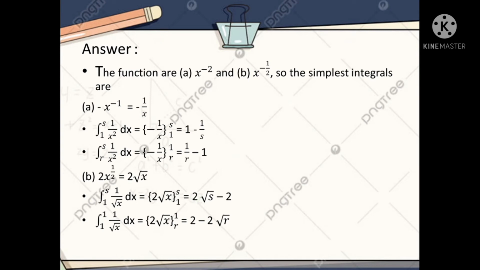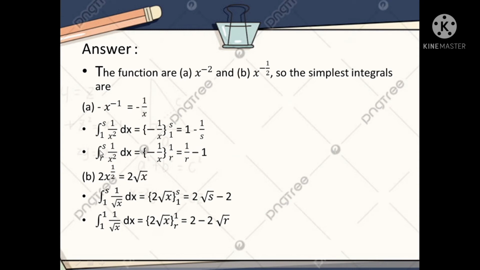The integral from 1 to s of 1 over x squared dx equals minus 1 over x from 1 to s, equals 1 minus 1 over s,